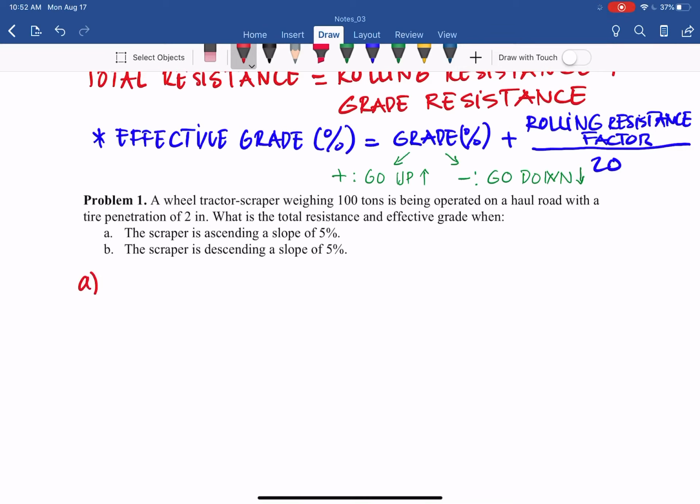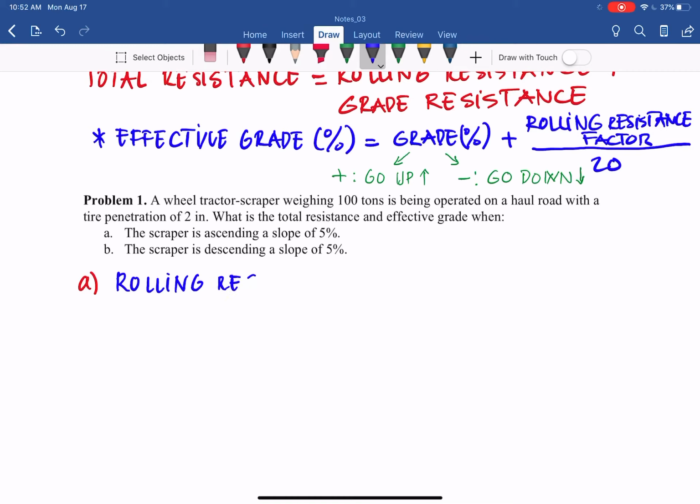ascending slope. We have two components of total resistance: rolling resistance and grade resistance. Calculate them separately, add them, and then we also apply the effective grade percent that considers both rolling and grade to find out the effective grade in percent. So let's do that here. The first one is the rolling